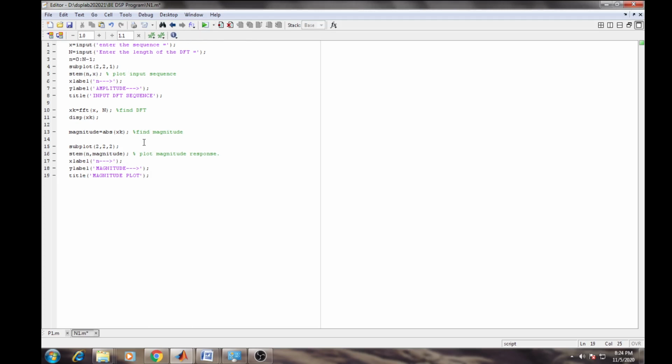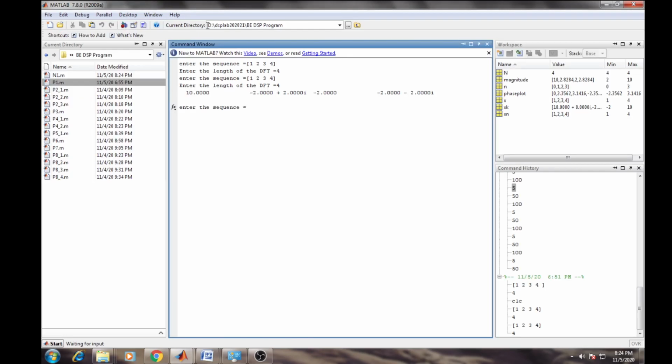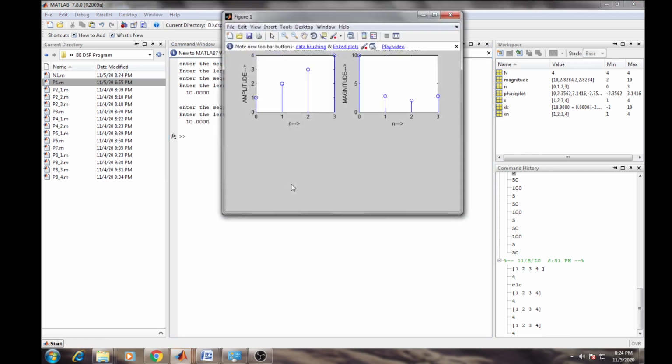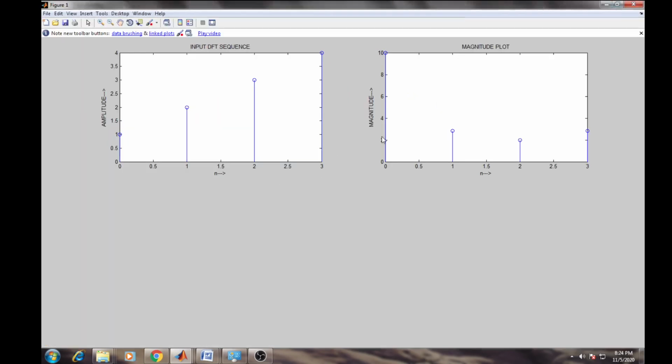Now we execute it. When you execute, again it demands the sequence, 1, 2, 3 and 4, and the length 4. Once you pass them, you will get the second graph plotted over the screen.